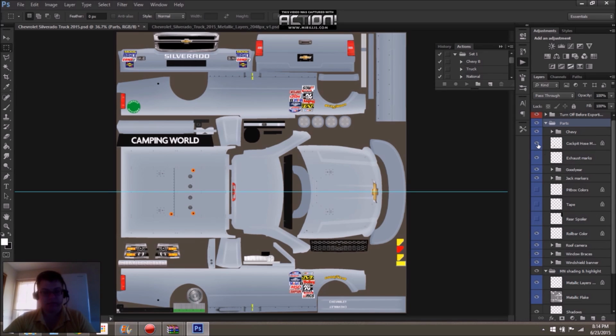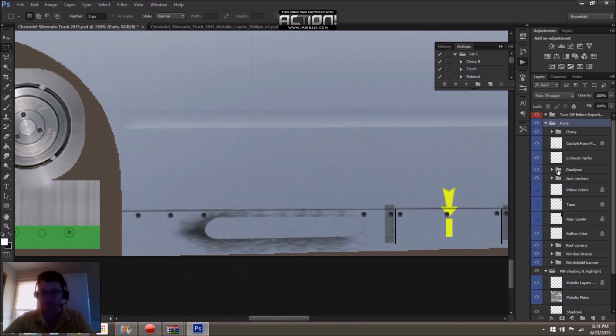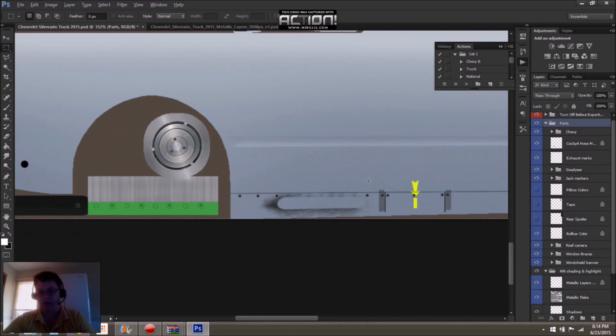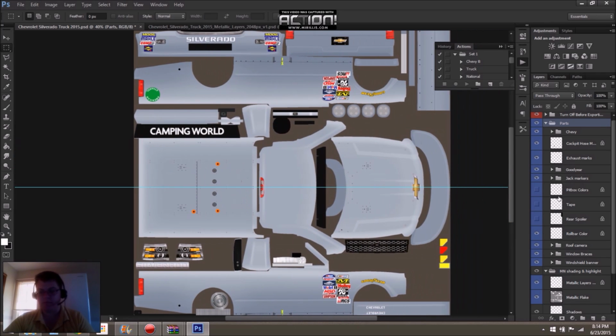Anyway, so yeah, cockpit hosting. Now you can see it turned on and off. Nice little exhaust marks. No, I mean this is the type of stuff that Matthew does that is just above and beyond. Absolutely superb job every single time.